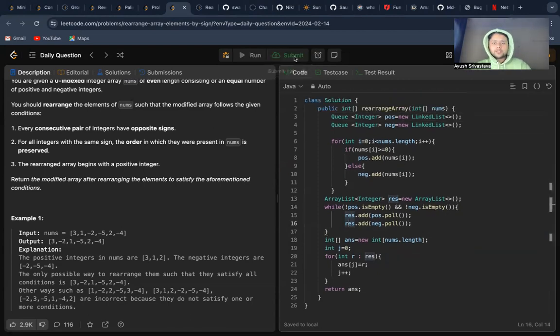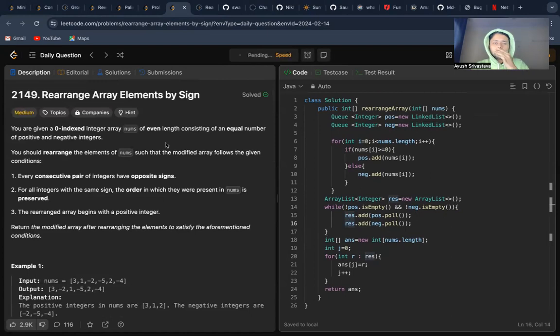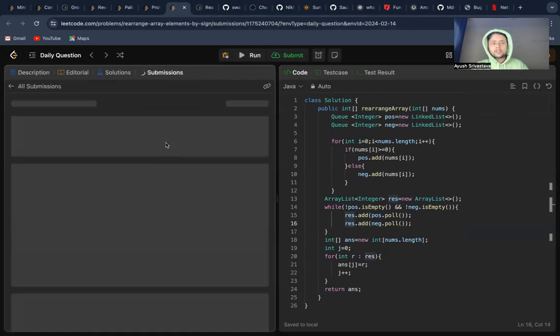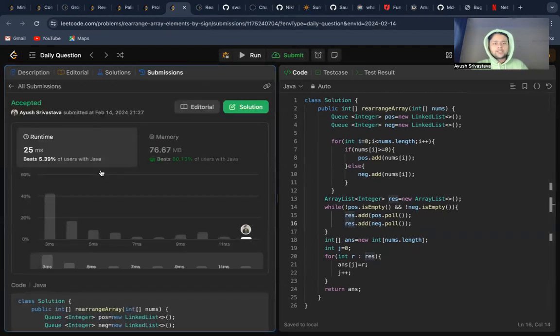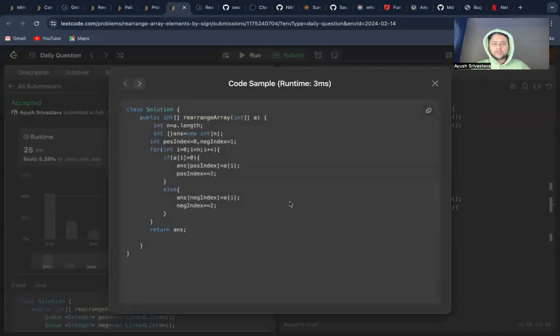Let me submit the solution for you, so that we can see whether it's accepted or not. Yeah, so here it is. It has been accepted. The runtime is 25 milliseconds. As we can see, people have also submitted solutions with a runtime of 3 milliseconds. Basically, in this type of solution, generally a two-pointer approach or a different if-else approach has been used to solve